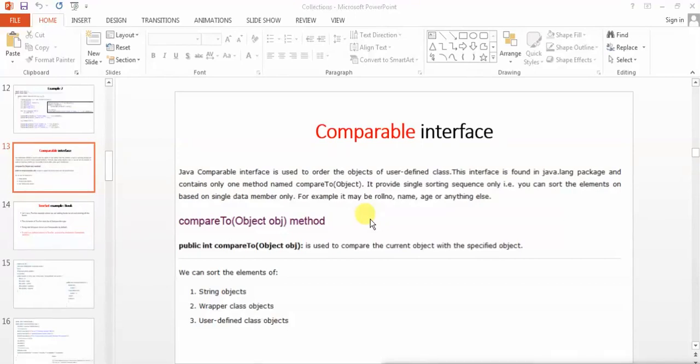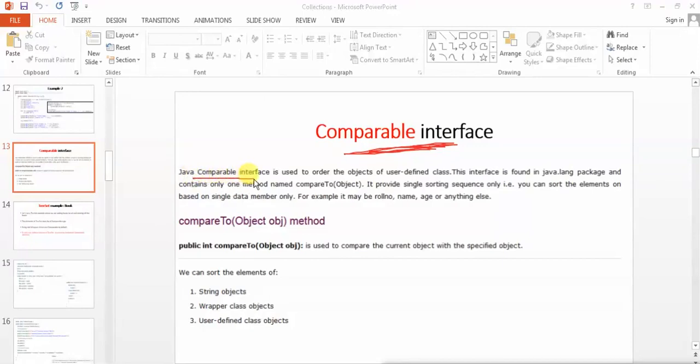The point here is the tree set has the property to sort the objects. And if you do not provide the sorting logic, how will it sort it? That's why you cannot directly add those objects inside the tree set until you provide the comparison logic also to sort those objects. To sort those objects, we need to provide the comparison logic which is present in the comparable interface. This interface needs to be inherited in your custom class.